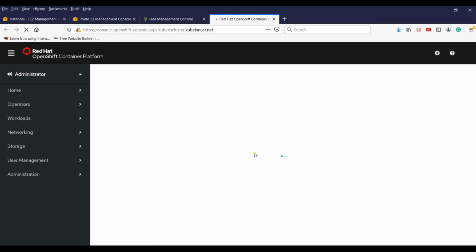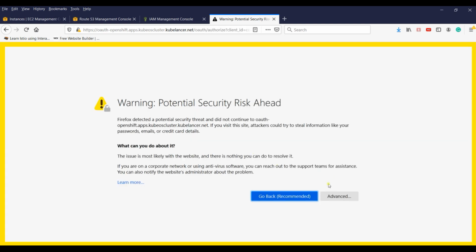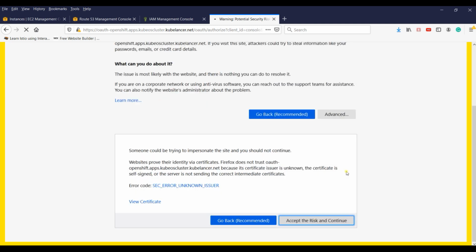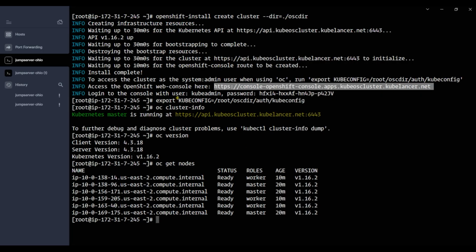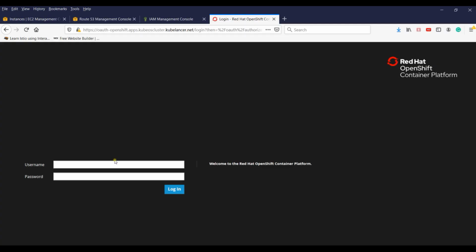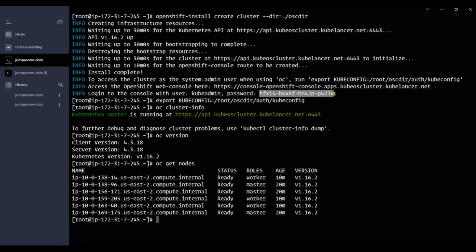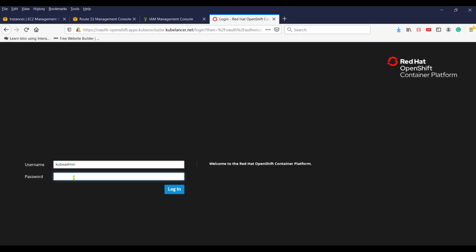Okay, great. Let me log in using the web console. I'm copying this URL. Okay, I'm getting a login page.